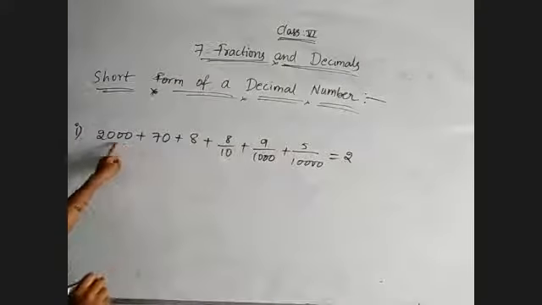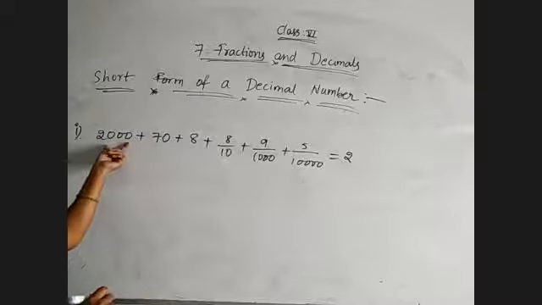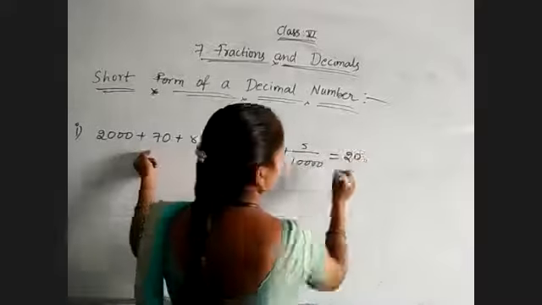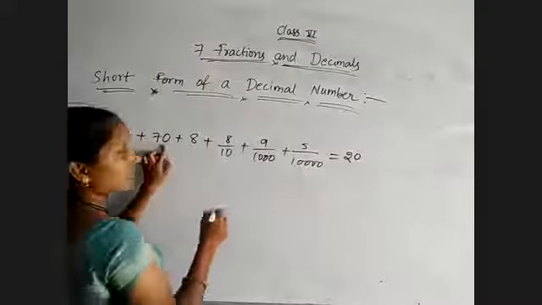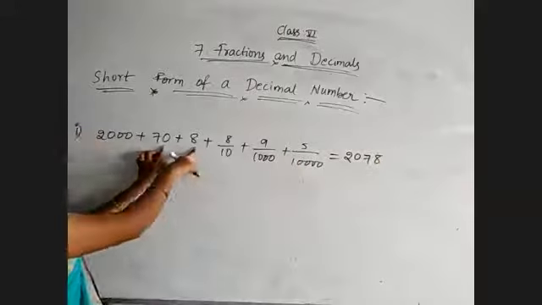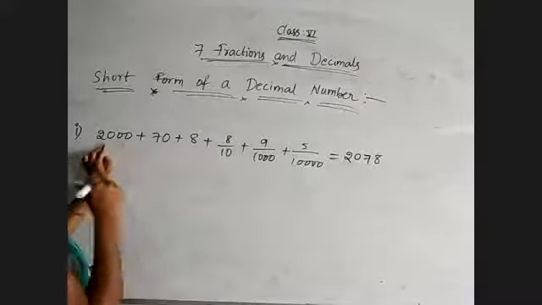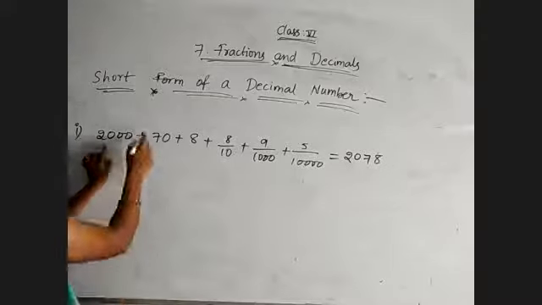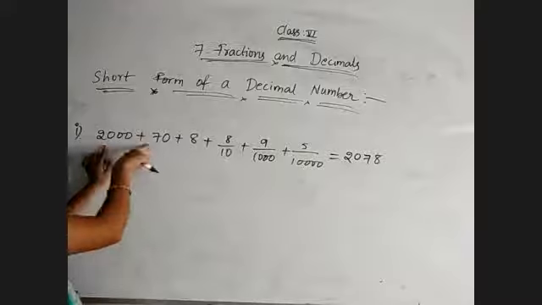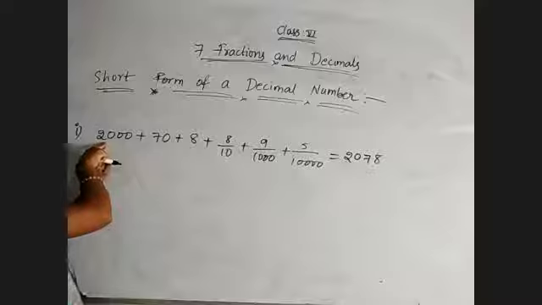2 is in thousands place. Next place value is hundreds, meaning we must get a two-zeros term. Here a three-zeros term is there, the two-zeros term is not there. That's why it is 0. Hundreds number is 0, and tens number is 7. Just observe: 8 is in ones place, 7 is in tens place, hundreds number is not there so 0, 2 is in thousands place. So whenever numbers are missing, we must identify that also. You can't write directly 278, because that would become 278, but the place value of 2 is 2000.